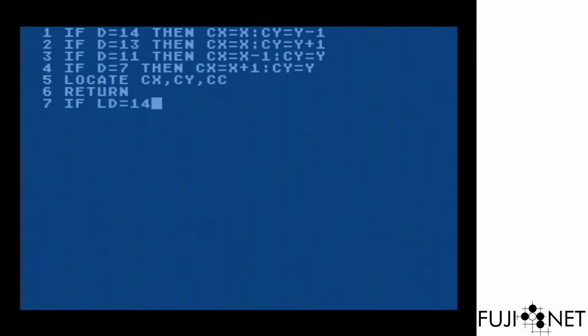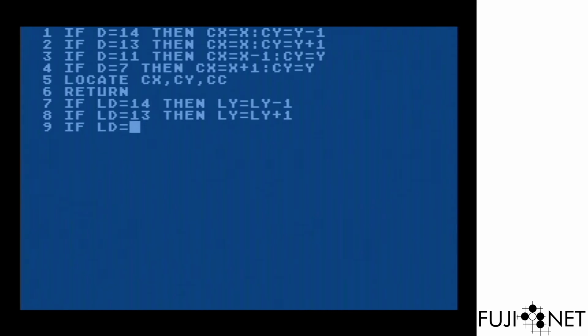If the left is going up, then we need to go ahead and set the new direction here. If the left player is going down, then we need to set the next pixel down. If we're going left,